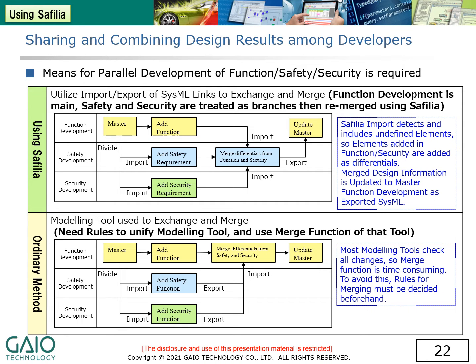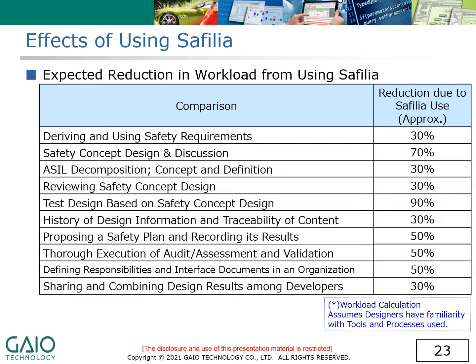Similarly, Safilia allows for multi-path management of the design results, allowing security, safety and function development to progress independently before being merged together again through the differential management of the sysml files used to describe the design results. Thus, the use of Safilia can lead to reductions in the workload for many stages of the design process and a much more robust design process overall through the efficient sharing of information and the effective validation of each step